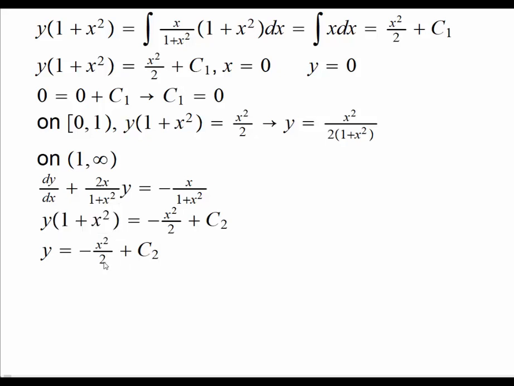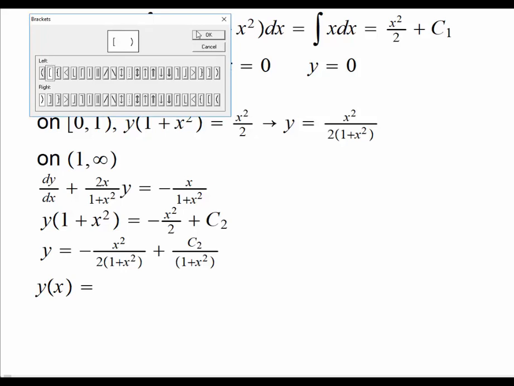All right, and then here c2 over 1 plus x square. Okay, so again we got 1 plus x square. I'm sorry, I'm lazy typing here. So what we have is that the solution y as a function of x becomes,